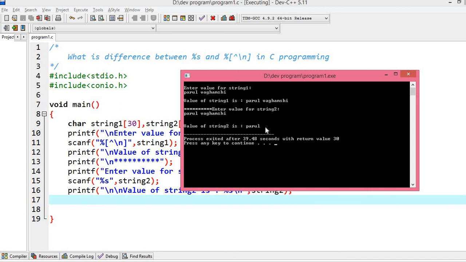Once space is encountered in %s, it will not be considered as input for that particular variable. Okay, so that is just the difference.